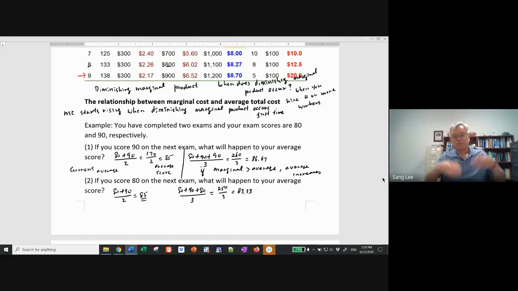It's like a Major League Baseball player who, before tonight's game, has a batting average of .300. And tonight, he hits only .100. His batting average will go down, just like that. So here, if the marginal, your performance on one more exam or one more game, is worse than, smaller than your previous average, then what happens? Average